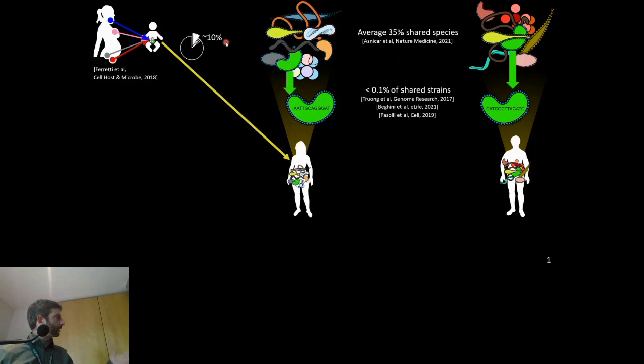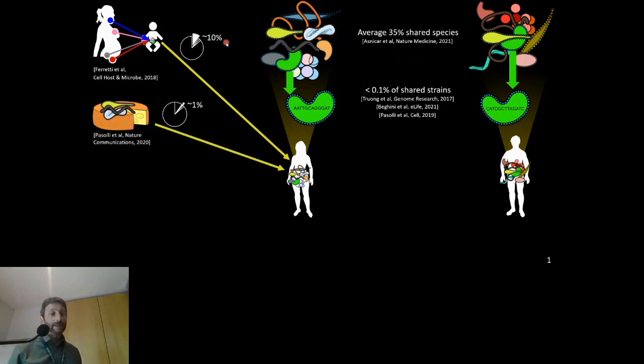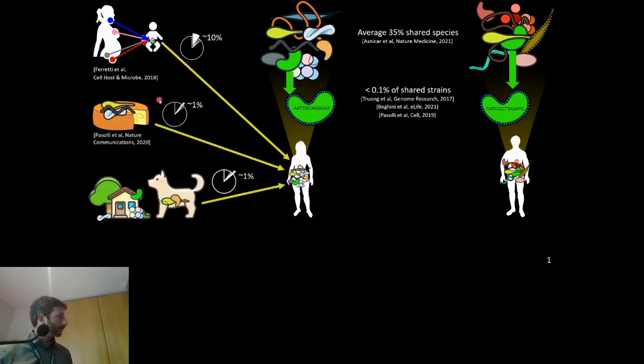There is food, fermented food is full of living bacteria. However, if you look at which of them are actually able to colonize our gut, it is very little. I'm not saying that the diet is not influencing our microbiome. I'm saying that there are very few microbes from our diet that are actually colonizing our gut. And the same is true if you look at the environment, pets, your home environment, and so on and so forth, less than 1% for sure. So we need to hypothesize that there is a very, very deep